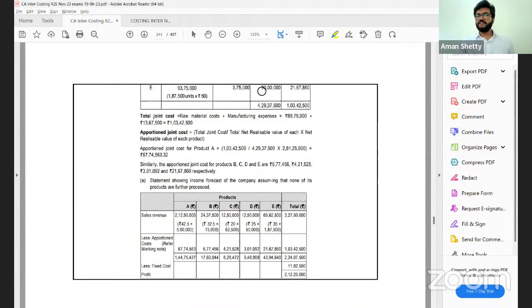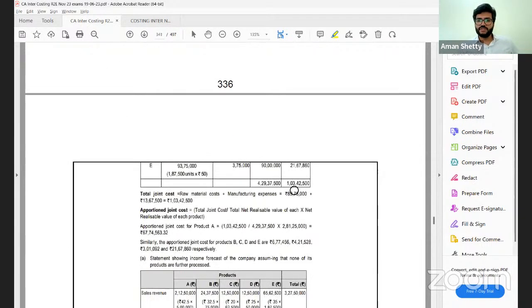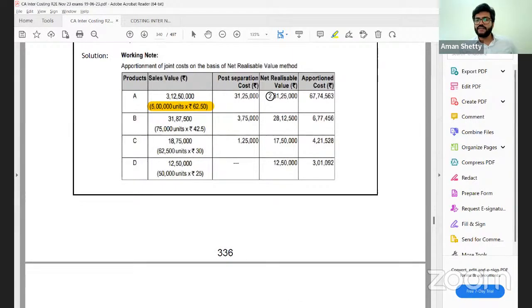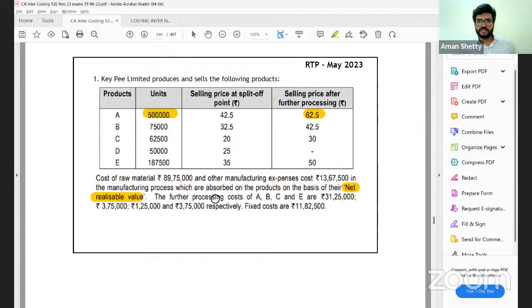Product is here 3.75. After that, you get net realizable value, NRV. This ratio now you will use. That is 42,937,500 and 281.25. Correct. So your joint cost is how much? Joint cost 89 lakh. Sorry. Joint cost is